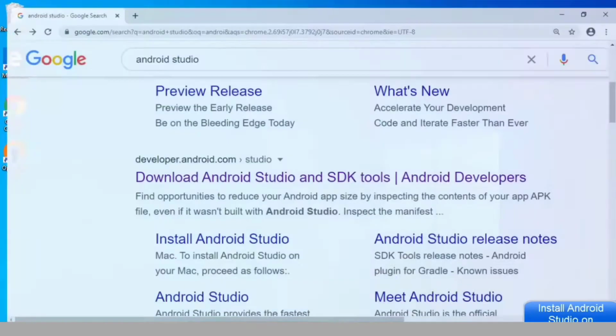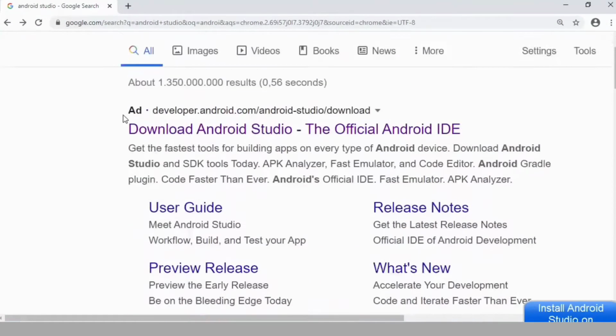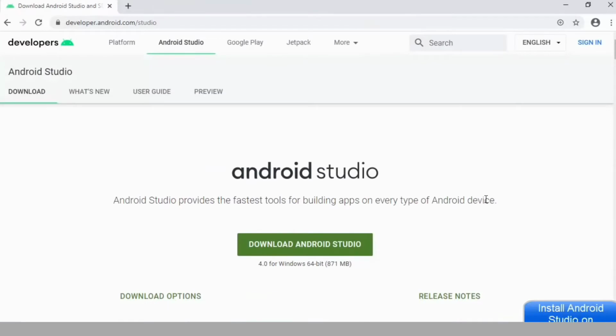So for that, just open your favorite browser once again and then search for Android Studio, and you will see the first result here will be from developer.android.com. So we are going to just click on this link. I'm going to give this link in the description of this video also. Once this website is open, straight away you can see this download button. And at the time of making this video, you can see 4.0 for Windows is the latest version of Android